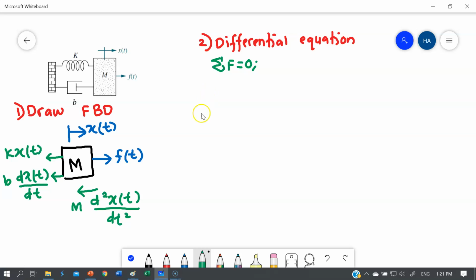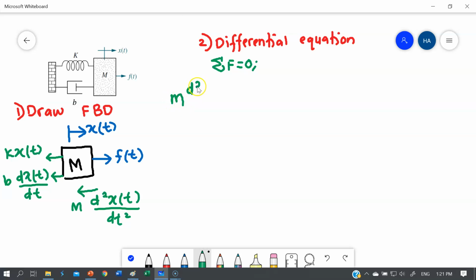Here we have the reaction forces, which I wrote in green, and the input force, which I wrote in blue. So if we sum them together, and put the reaction forces on one side, we will have